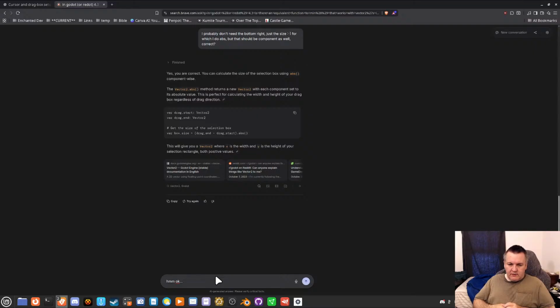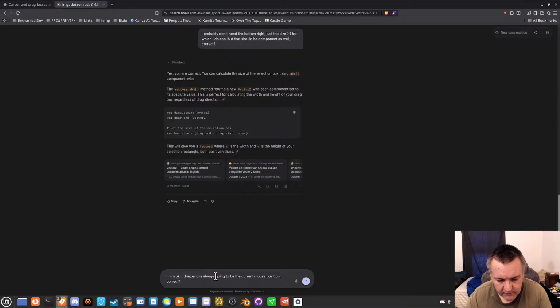And minus drag start, ABS, size. Drag end is always going to be the current mouse position. Correct?